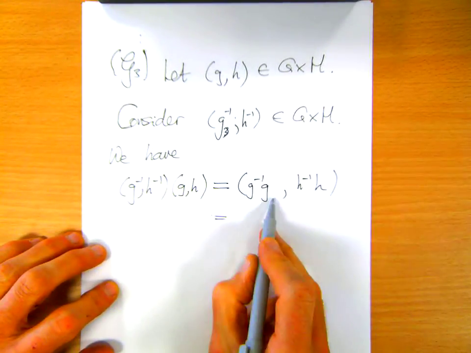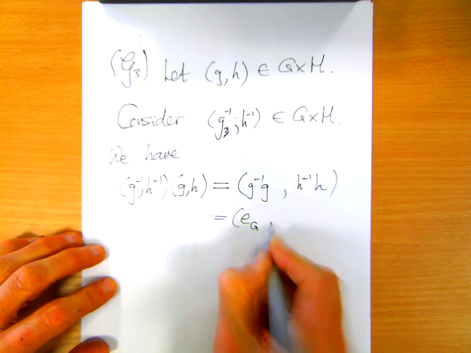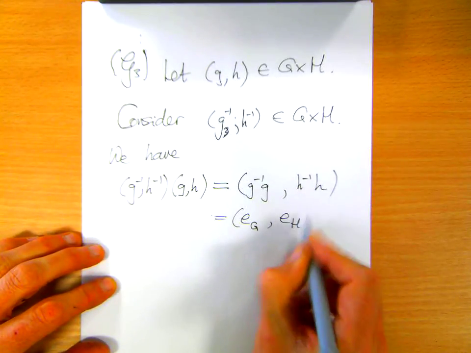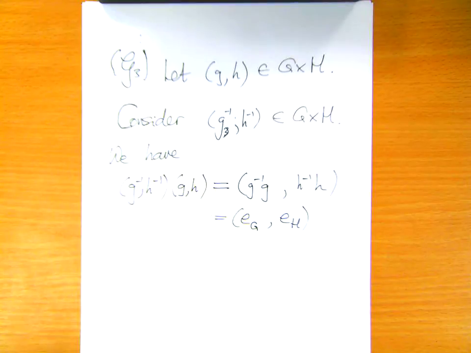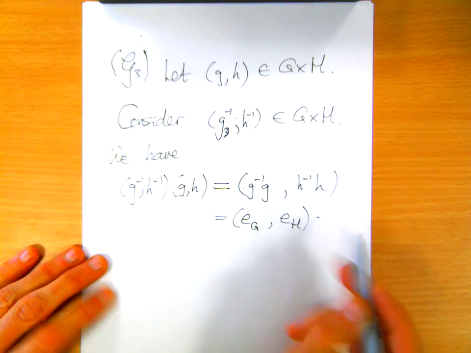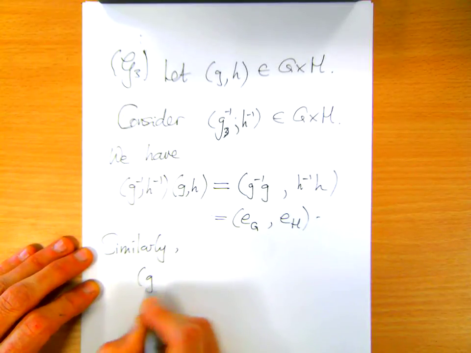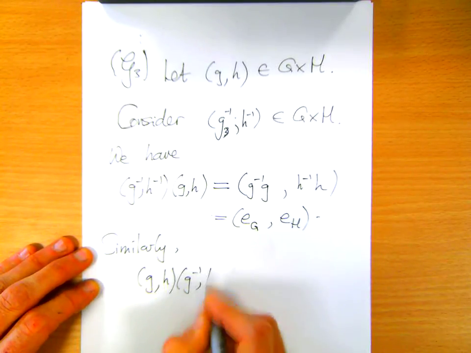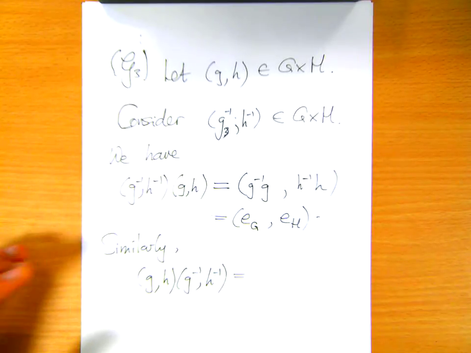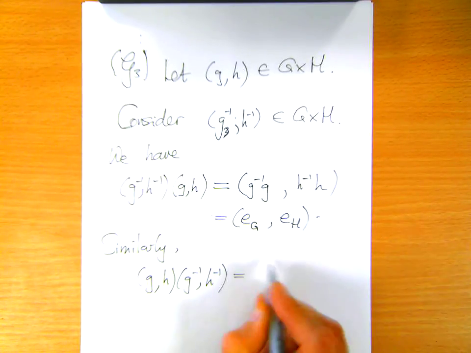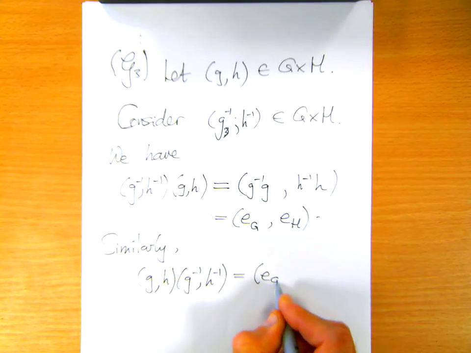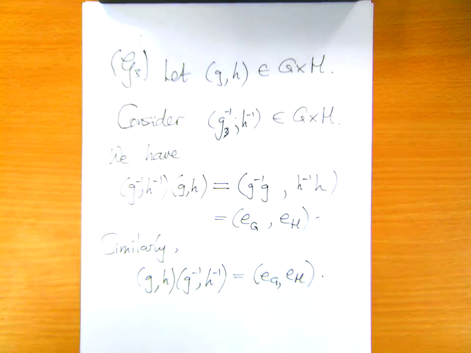Right, well now I've got g inverse next to g, so that's the identity element of big G, and we get the identity element of big H. So we've got this thing times the original element is the identity, so that does work at least on the left, and it also works on the right. As you will see, again just using the other half of the definition of inverses in G and in H. So we do have an inverse